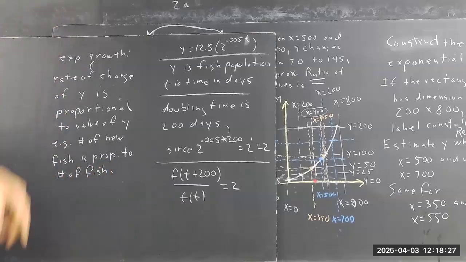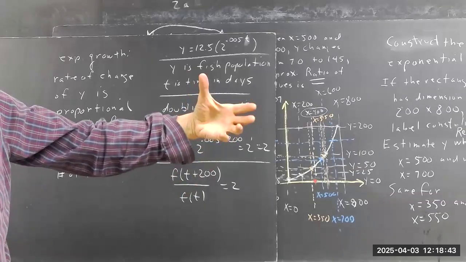the number of new fish is proportional to the number of fish. That's an inexact statement. I could qualify it, but I don't want to confuse you too much. It's intuitively obvious. If you got more fish, there's going to be more eggs. More eggs are going to hatch. If there's room for them so they don't eat each other,